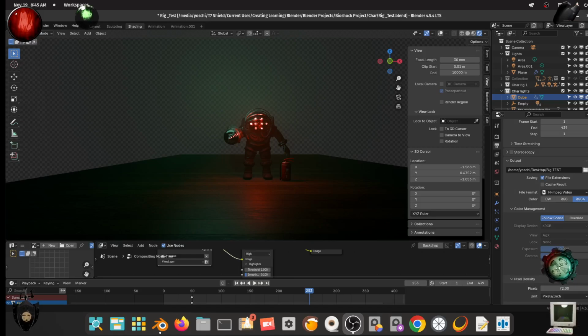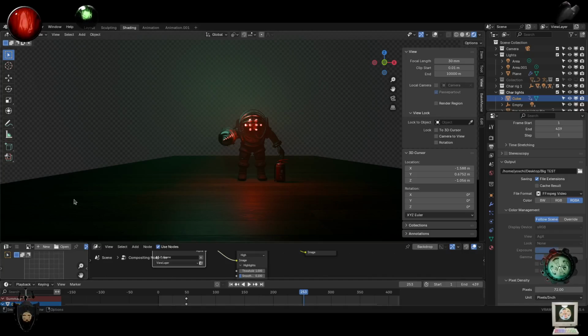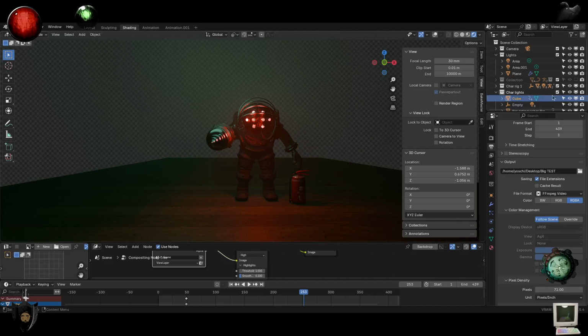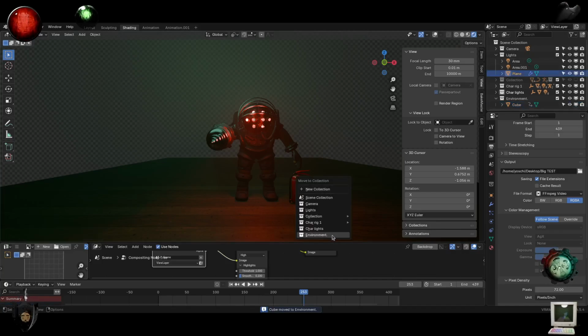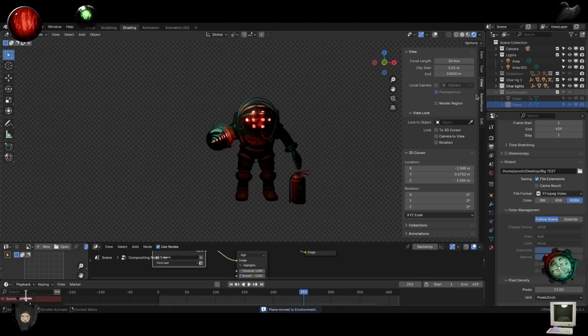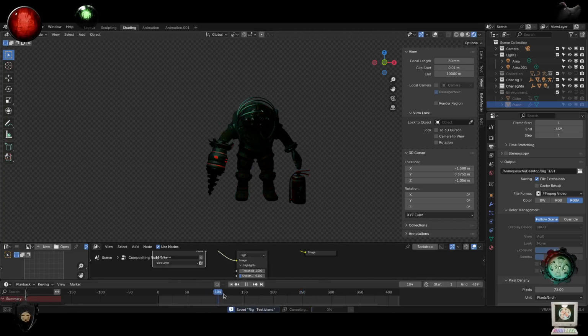You see I'm using Pop OS here. I want to use the other window, and then I don't have to be so careful what I show and what I don't show. A rig test animation, here we go. Good. Now I can just do the environment, and this one goes also to environment, and I can then turn off the environment here. And yeah, saving it. Now for a little animation, I need basically just